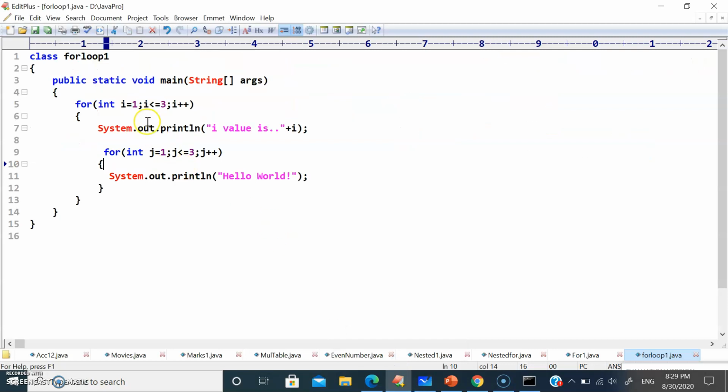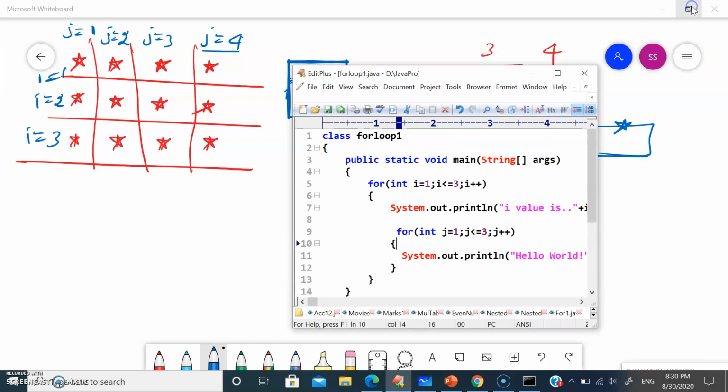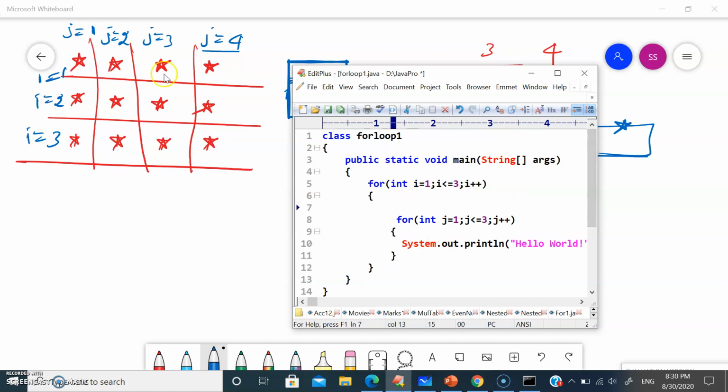So let's remodel this program. i is considered as the row, so i is 3. Let me remove this line. j is going to be 4, so j from 1 to 4. Now let me change this hello world to star.